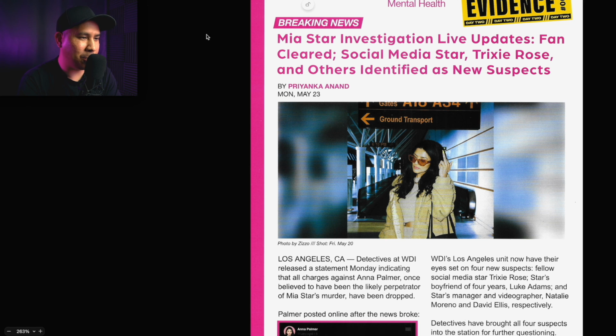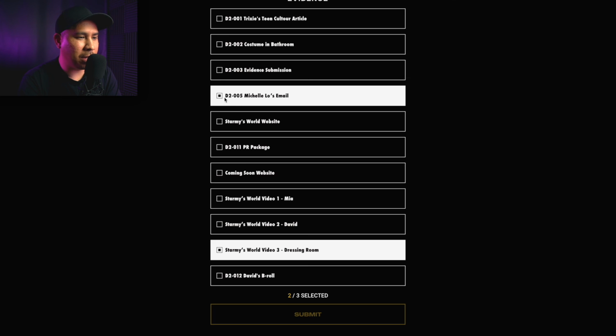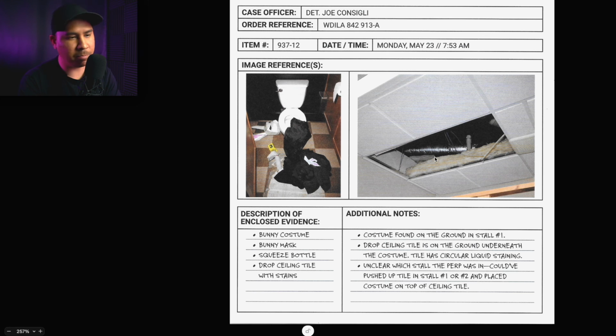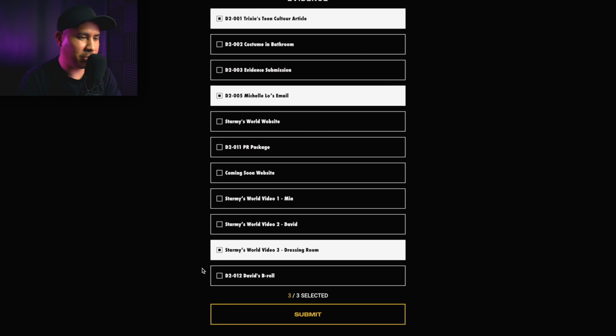So let's go back. I don't know about this email. I'm going to keep it there and try this. But I'm going to look at this one again, the costume in the bathroom. So this would only matter if we're trying to figure out what happened on Sunday, right? I don't think this has anything to do with Friday because they wouldn't have discarded it yet. We're just trying to find out who stole it. Okay, and then pretty much everything else I think we've either tried or I know that definitely is not it. Okay, let's go with this.